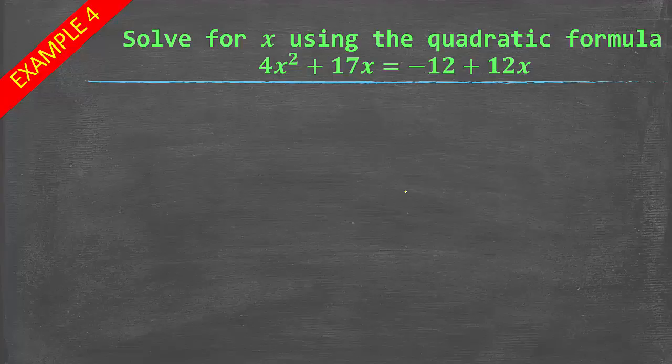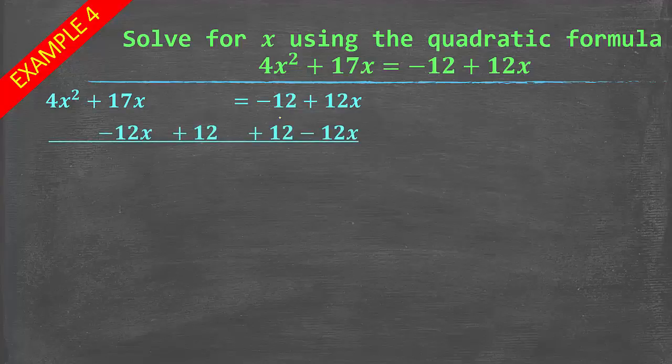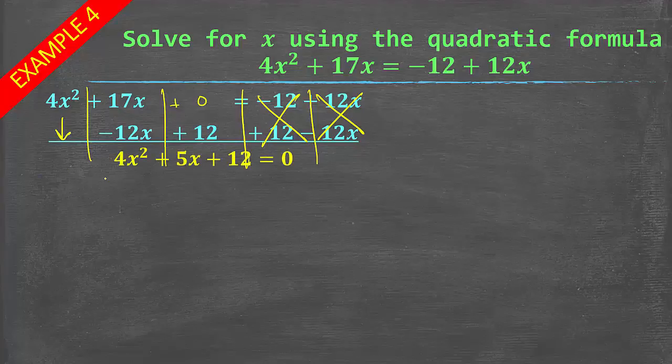Like the last problem, we are going to get this in standard form. So I'm going to add 12 in this case. Notice there's no constant, so I'm just going to put a +0 if that makes me feel any better. All right, so we got everything in columns: x squared, constant, constant, constant, constant, x squared. Good. These cancel out like they should. This cancels out like it should. There's nothing to go with the x squared, so that's just going to come down, which is going to give us